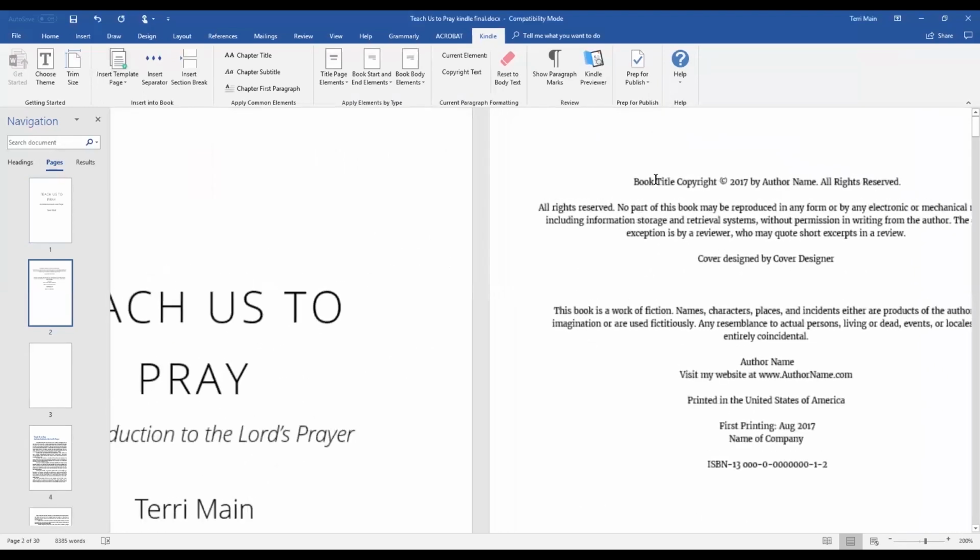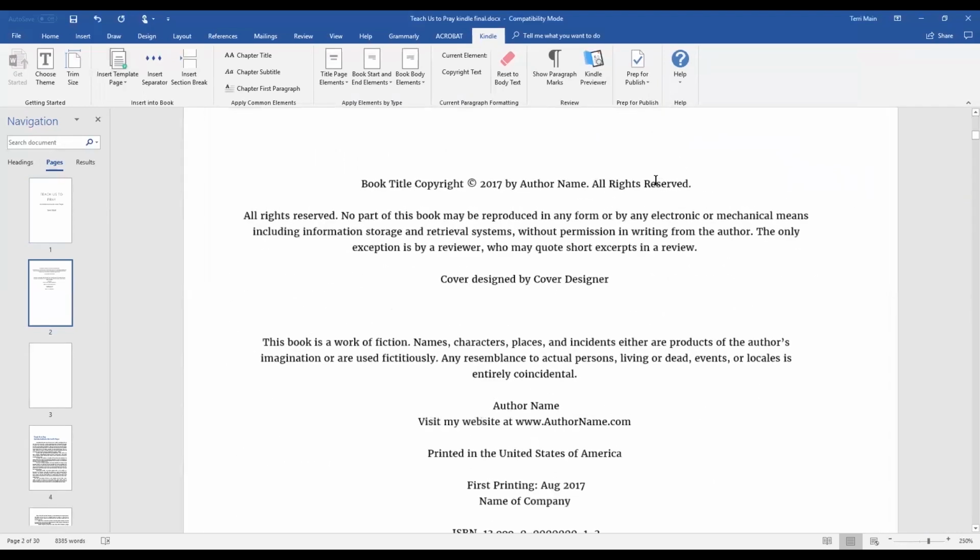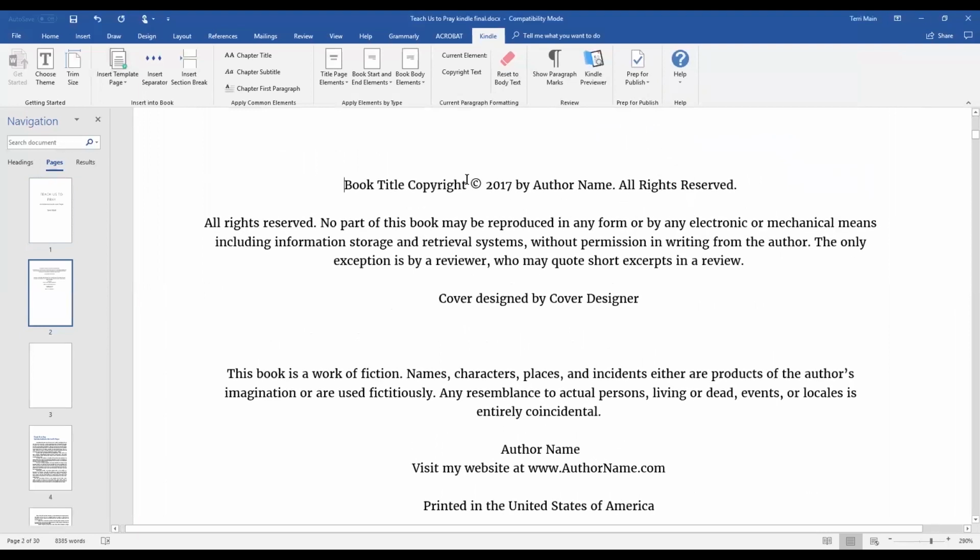So let's go in and get it a little bit tighter here so you can see what I'm doing. Book title, Teach Us to Pray. Pray by, and this is 2017, this is 2018, by Terry Main, cover designed by